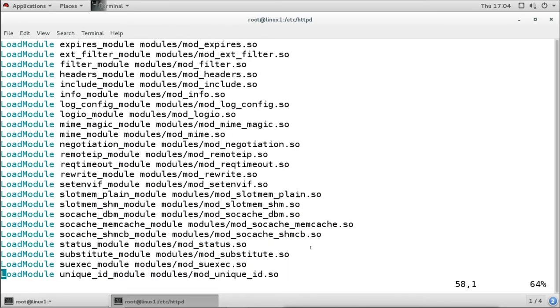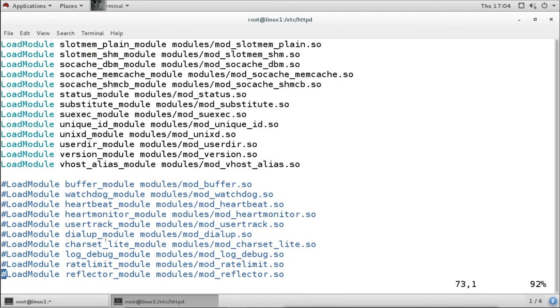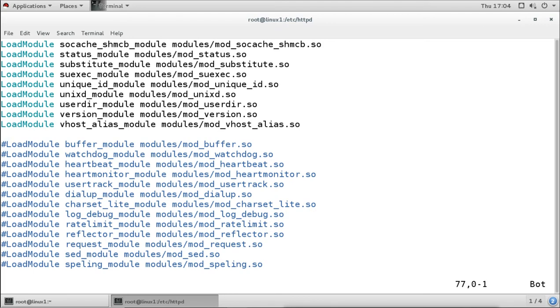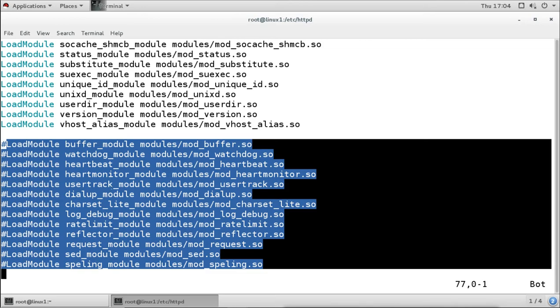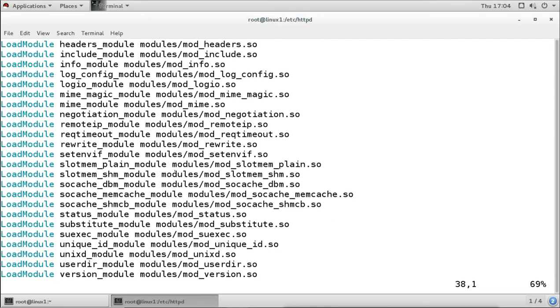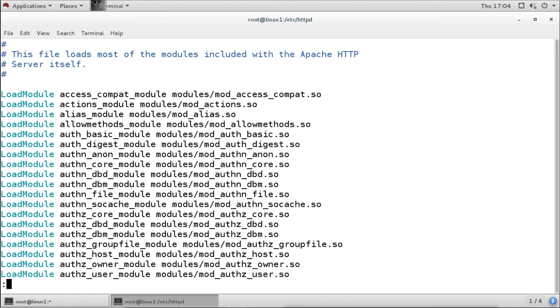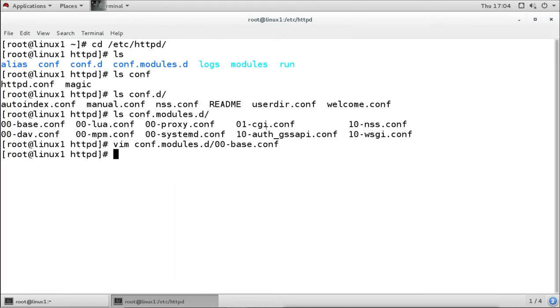The modules which are not required by default are commented out here. So if we want to load some of them, we have to uncomment them. The other files also define the modules for different services and configurations.